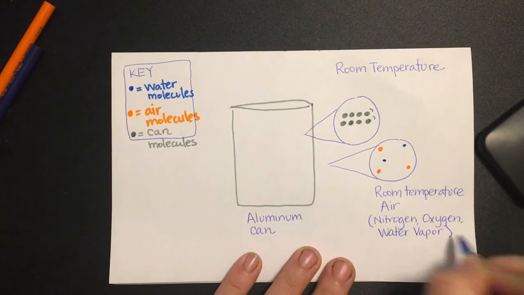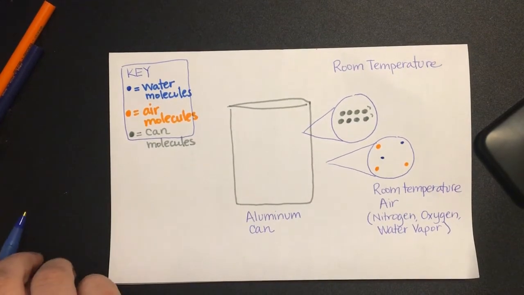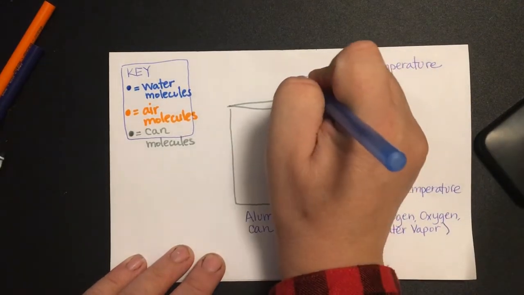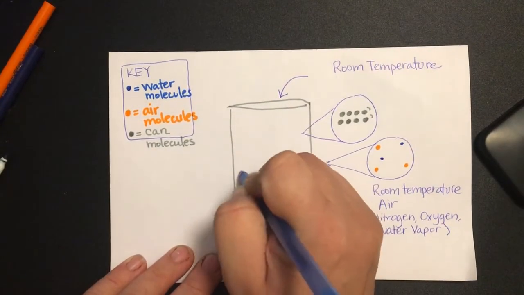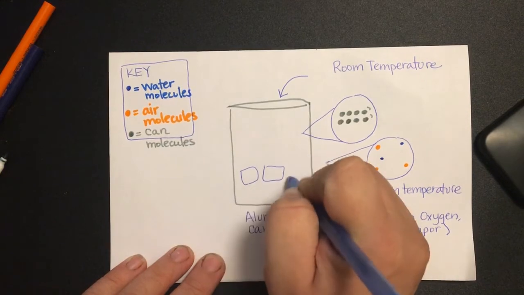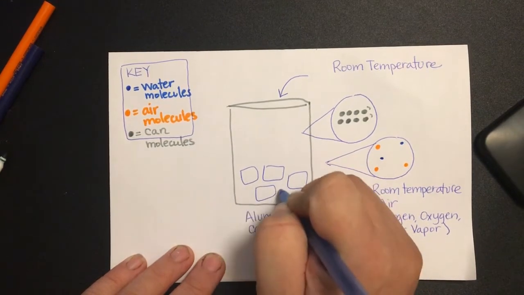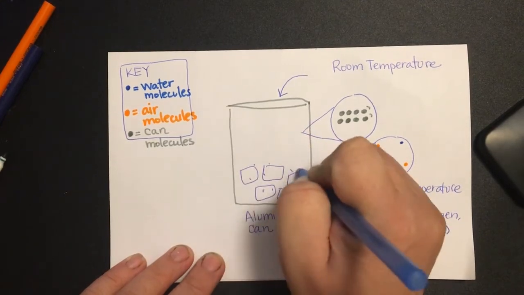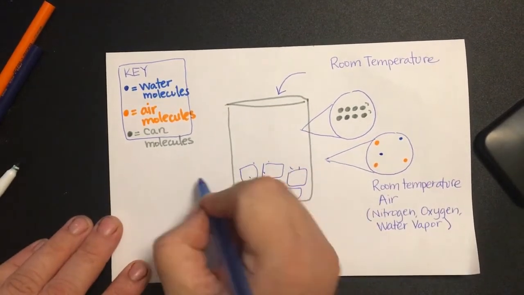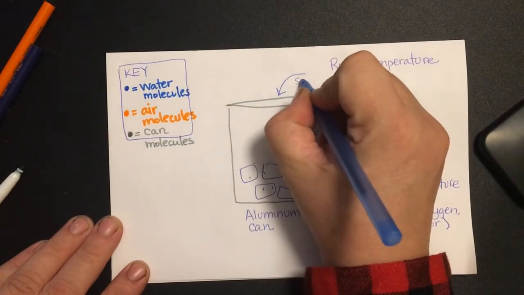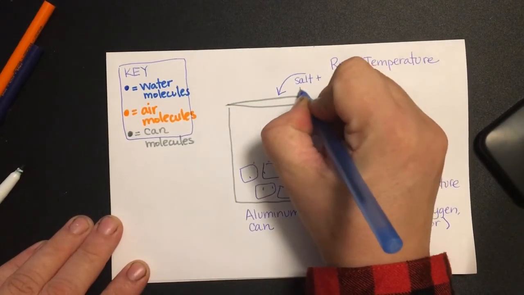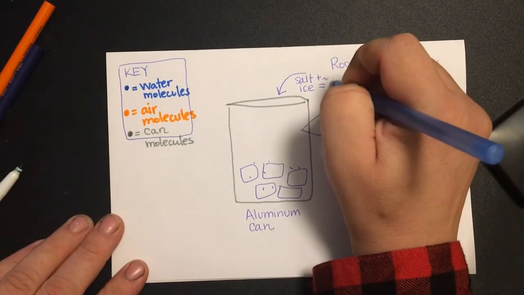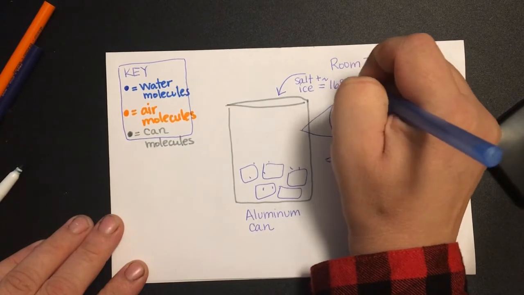The next thing I did was draw an arrow showing that ice with salt had been added to the inside of the aluminum can. And the reason salt was added is that when salt and ice are combined, it lowers the freezing point of the ice. So, in other words, one of the physical properties of water is that it freezes at 32 Fahrenheit. But if you add ice and salt together, it will lower the freezing point down to as low as 16